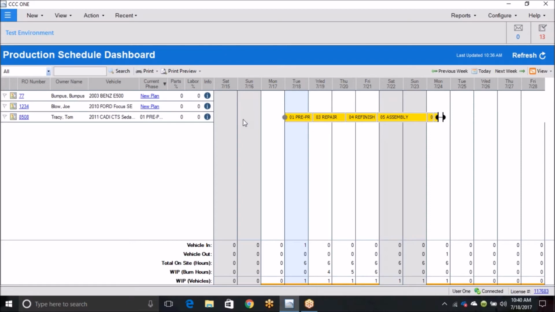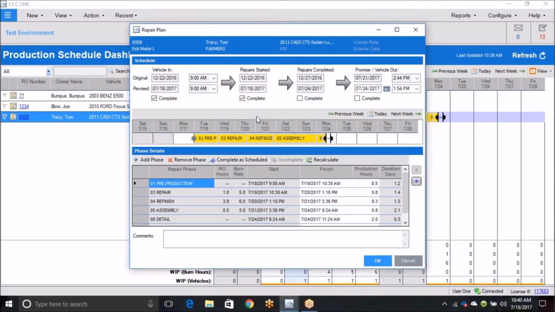Another way that you can view this repair plan is you can double click anywhere on this line and it'll actually open it up so that you can see the individual components, right? So this is a very basic repair plan. You've got pre-production, repair, which could represent body, frame, and mechanical. Of course, your refinish phase, assembly,